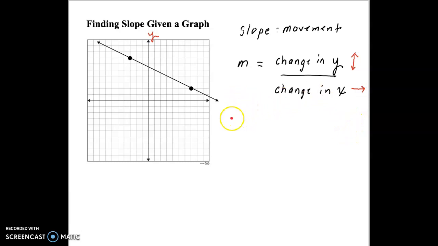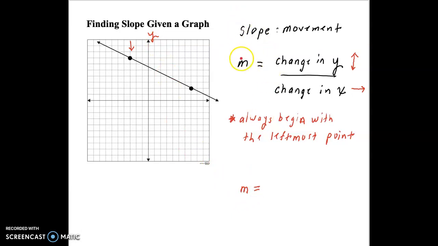So my suggestion to you is always begin with the leftmost point. So our leftmost point is right here, that point right there. So what we want to do first, in order to find the slope of this,